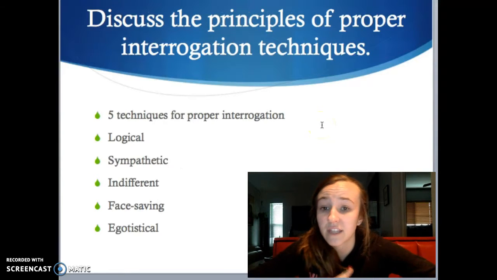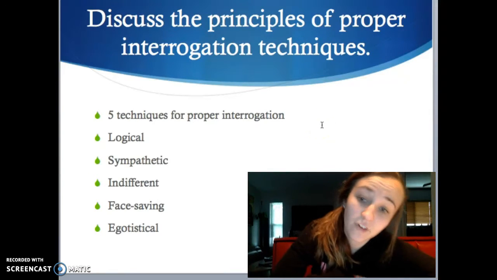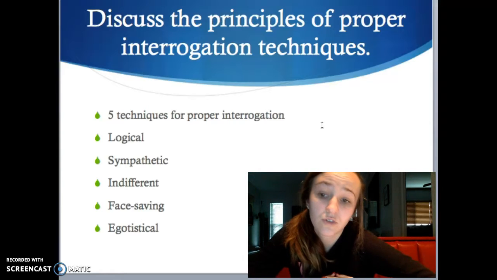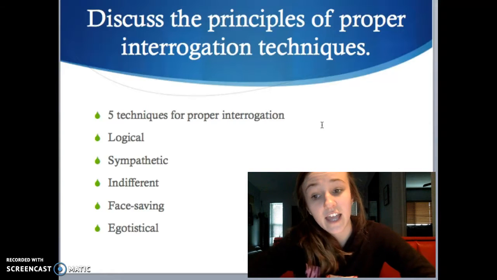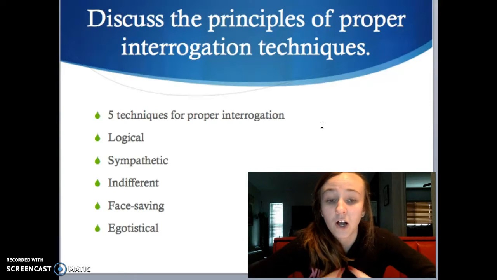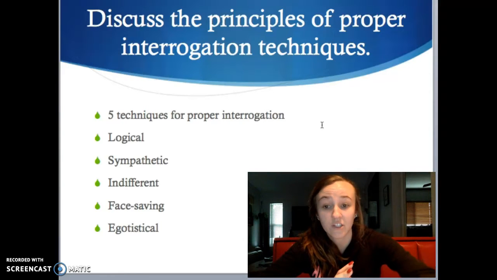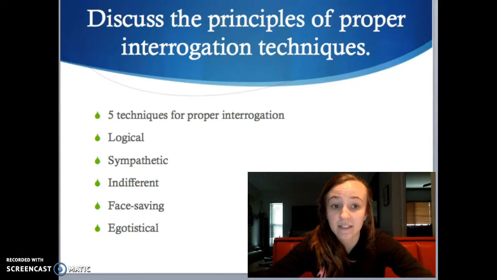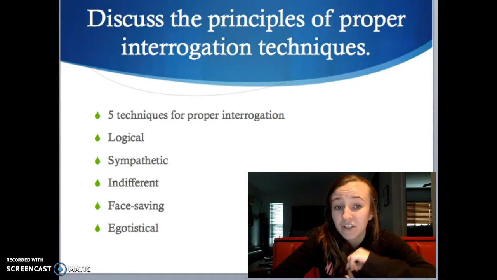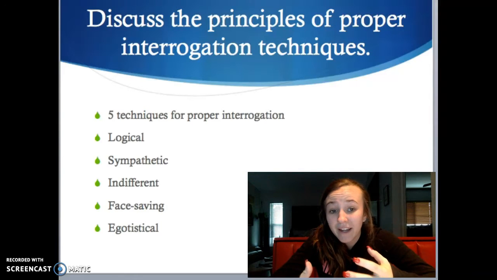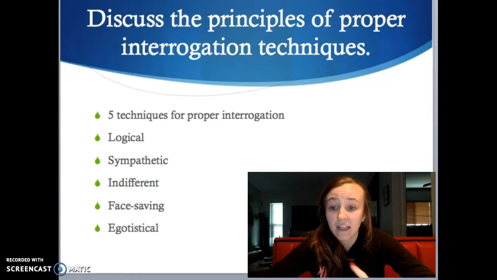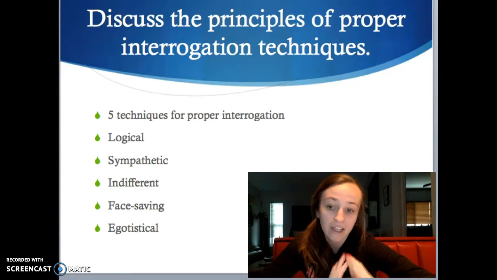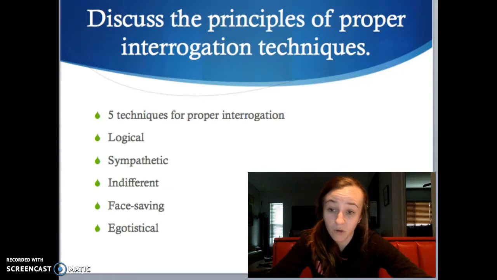And these are the 5 techniques for proper interrogation: logical, sympathetic, indifferent, faith-saving, and egotistical, all of which are good ways to interrogate suspects, such as the logical, which is just a way to pretty much get them to cooperate. And then the one that I found, briefly, the egotistical, is a very smart way to do it also,